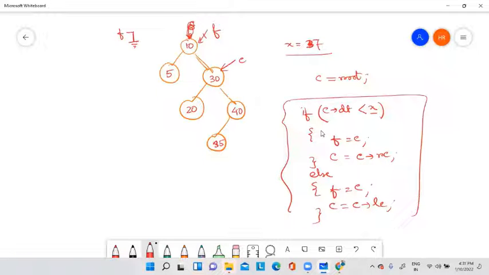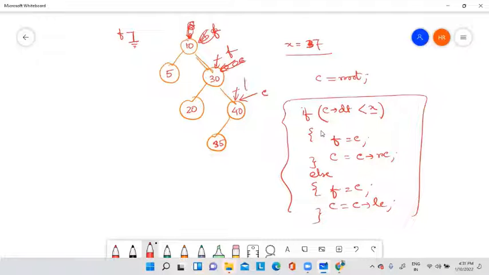So again, is current arrow data less than x? Yes, current arrow data is now 30, my x is 37. So my father will come into this position and current will move into the right child, because x is greater than current data. Again, I compare current data 40, my x element is 37. In this case the else is satisfied.